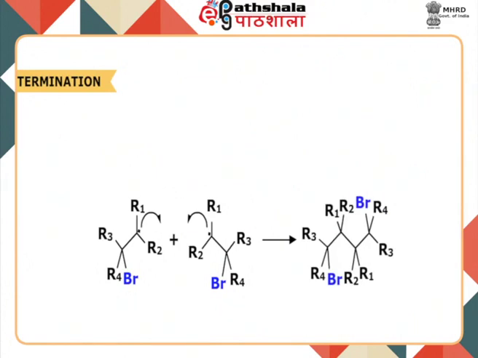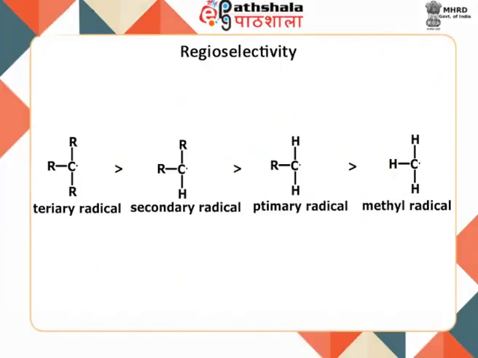Under free radical conditions, the regioselectivity is governed by addition of the bromine radical to give the more stable alkyl radical. Also, addition of the bromine radical to the alkene is governed by steric factors. Thus, the bromine radical adds to the less substituted carbon of the double bond, resulting in lesser steric strain, which in turn leads to a more stable alkyl radical, and hence the observed orientation is anti-Markovnikov. You are already aware of the stability order for alkyl radicals as given here.